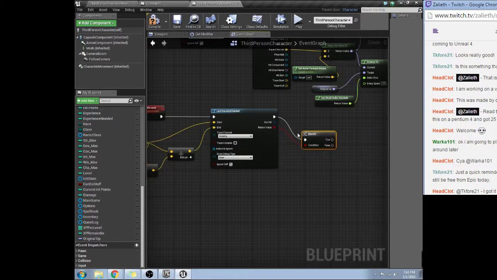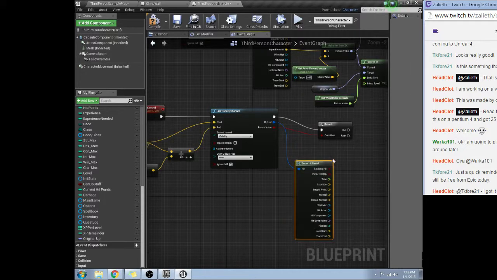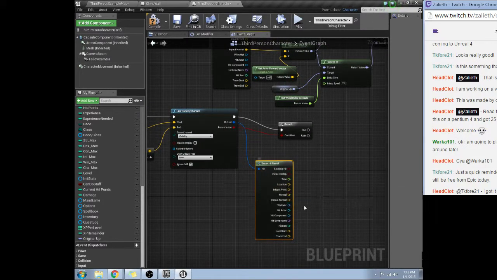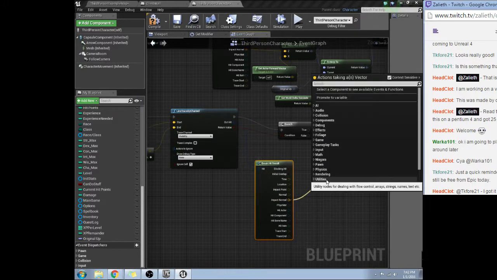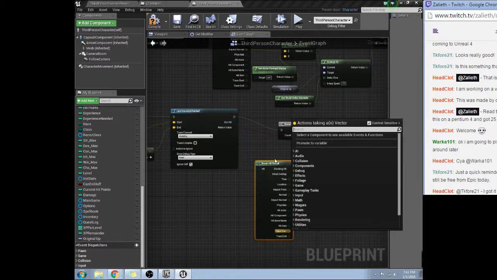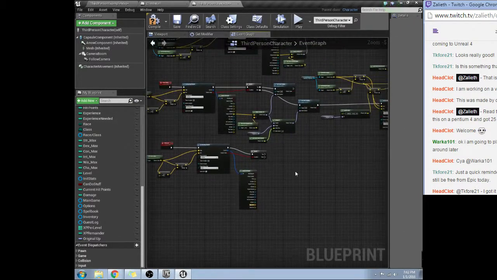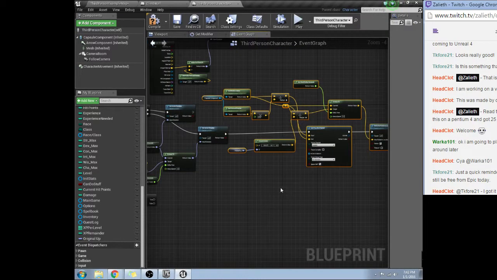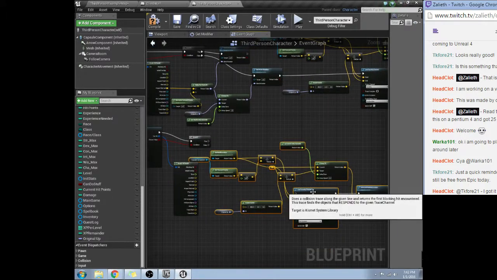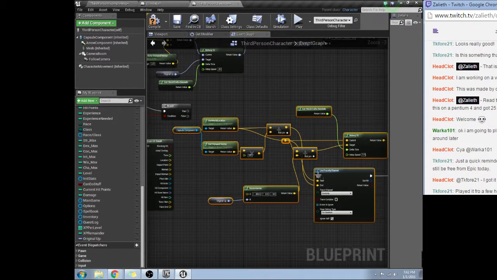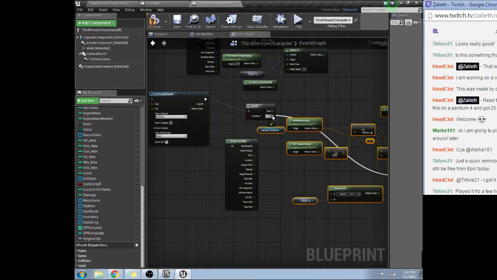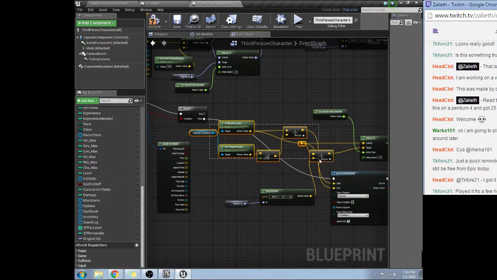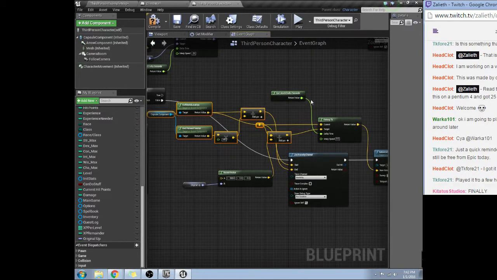Do a branch. Break hit result. Do impact normal Z or okay. Gonna copy all of this. If true, we don't want to do anything. But if false,